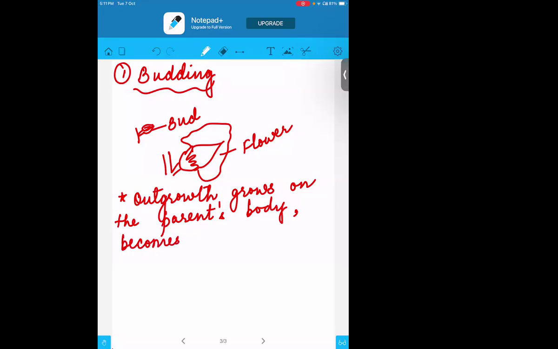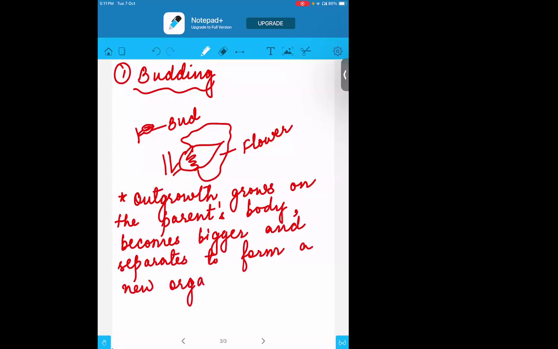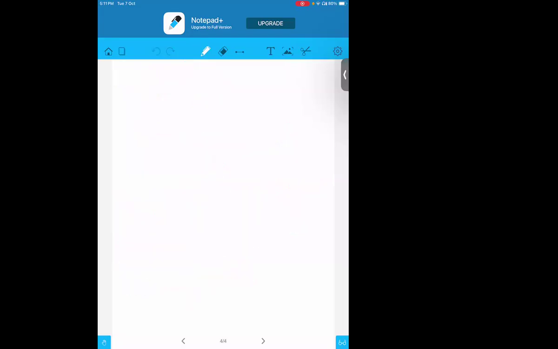And this outgrowth will become bigger and then separates. And what do they do? They separate to form a new organism. That is what the budding process is. I'll explain it to you now with the diagram. The example of this process of budding is the